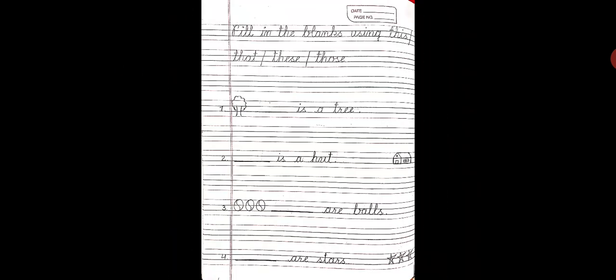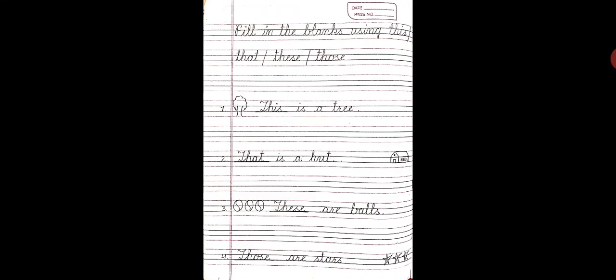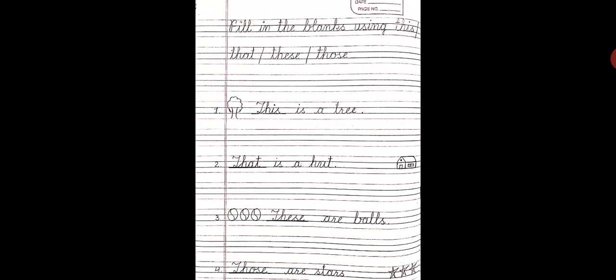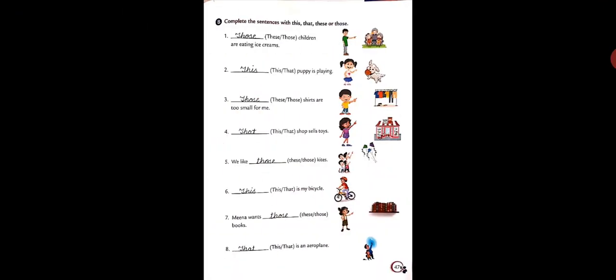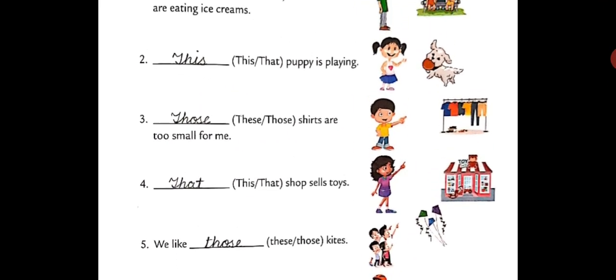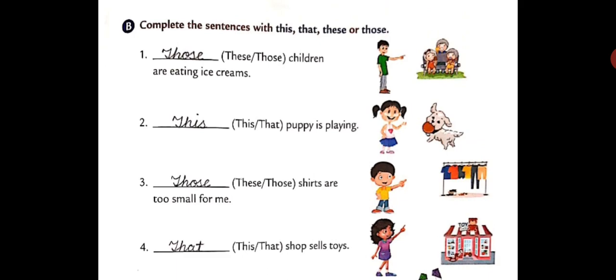Alright? So, I am showing you the solved image also. You can fill in the answers from this image. You can check whether you have done the correct answers or not. Fine. Now, I hope it is clear to you. Just write it in your notebooks, and now we will discuss the exercise on page number 47 of the English grammar book. Alright? So, children, read the question.